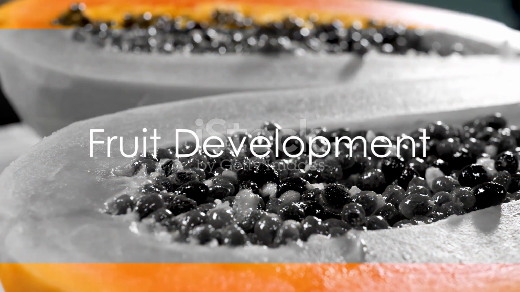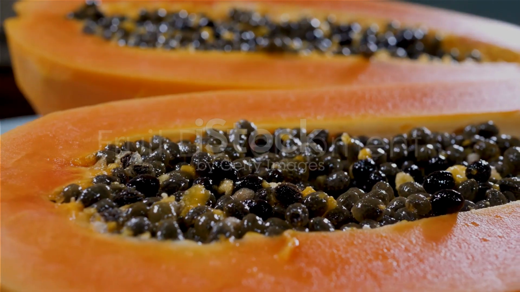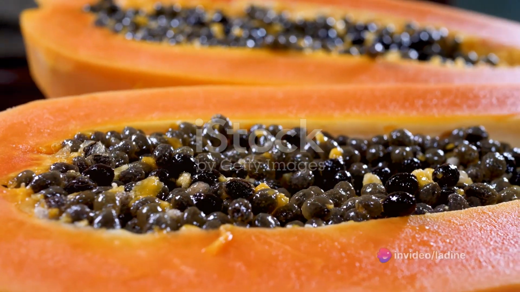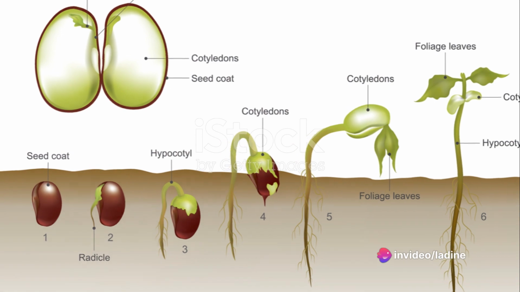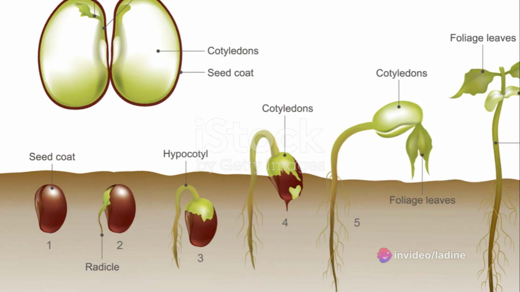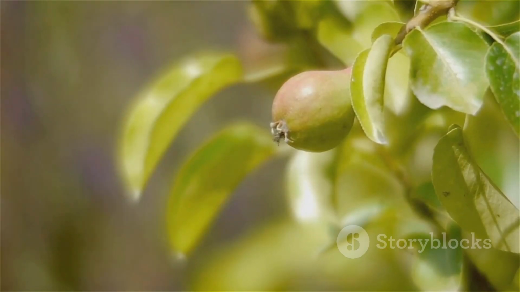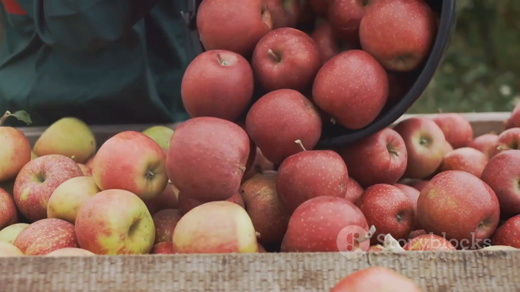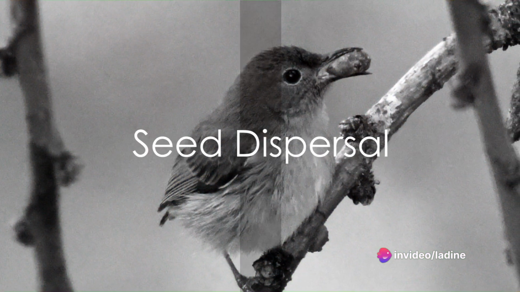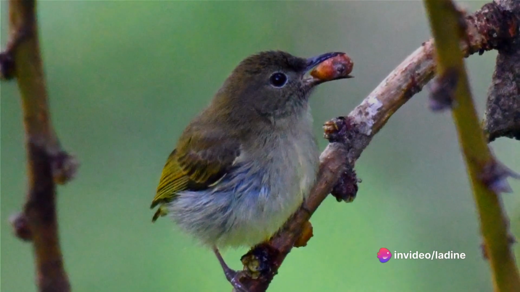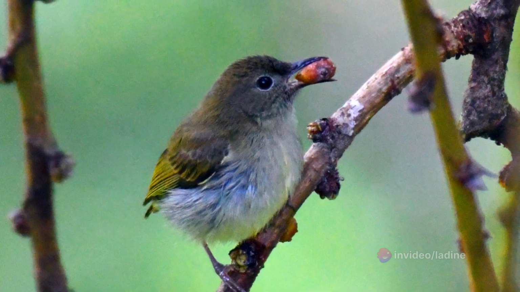What happens after fertilization? The fertilized ovule transforms into a seed while the ovary begins its metamorphosis into a fruit. The seed matures, undergoing structural changes and forming protective layers. Simultaneously, the ovary wall develops into the fruit's pericarp. This fruit not only protects the seed, but also aids in its dispersal. Seeds are dispersed by various means: wind, water, animals, to new locations where they can germinate and start a new